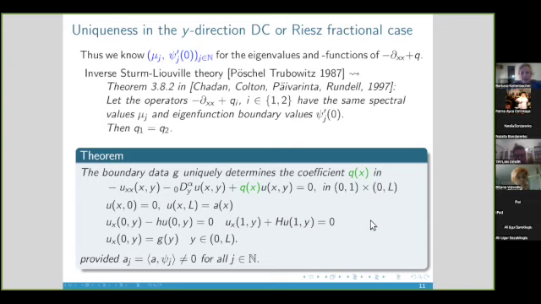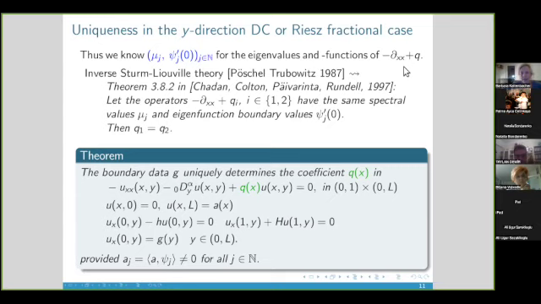Okay, so we get uniqueness if we take the Djrbashian-Caputo or Riesz fractional derivative in y direction. Now we would like to see whether the same thing holds if we take fractional derivatives in x direction, so in the same direction as we have dependence of the q. The answer is unfortunately no. And the reason for this is that there's really a missing piece in the spectral theory. Sturm-Liouville theory is very well developed for this integer derivative case, and here we actually deal with the integer derivative in x